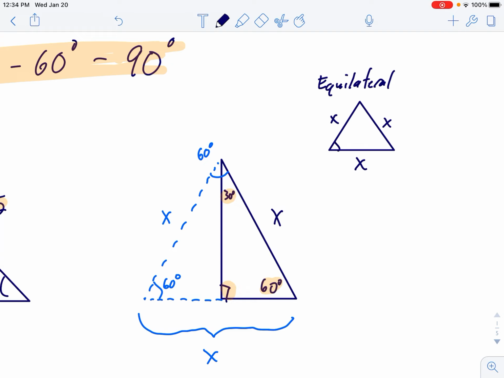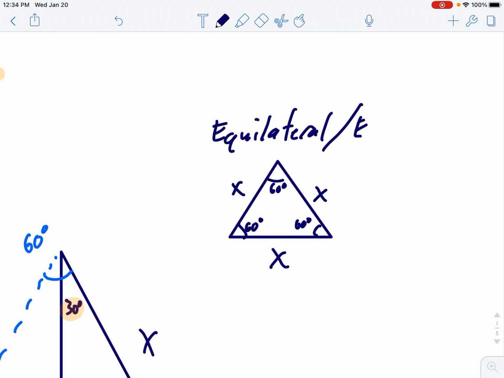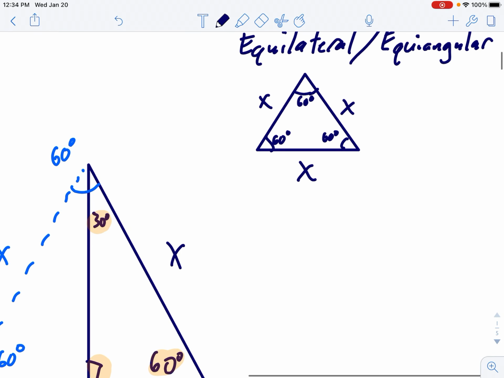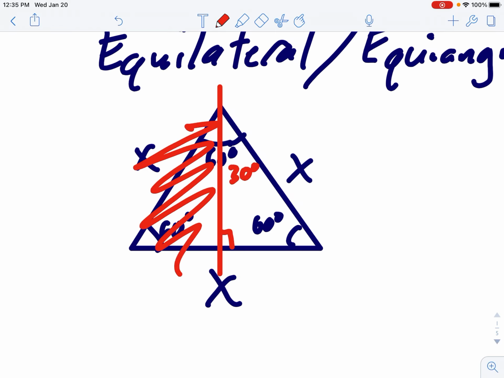When all three sides are the same, that means all three angles are the same. And since in a triangle, all the angles add up to 180, that means all angles have to be 60. So an equilateral triangle is also what we call equiangular, meaning all three angles are the same. They're 60, 60, 60. A 30, 60, 90 triangle basically comes from this equilateral or equiangular triangle and then cutting it in half with a right angle, a perpendicular bisector as it's called. And then the half you get now is 30, 60, 90. But if we cut it in half, this side isn't an x anymore, it's 1/2 x,